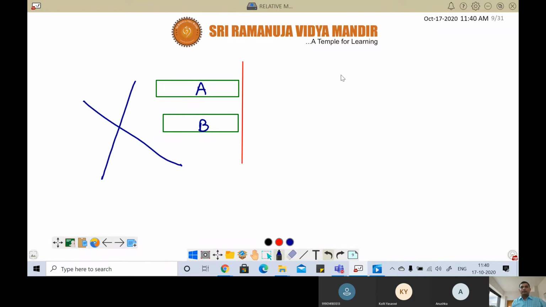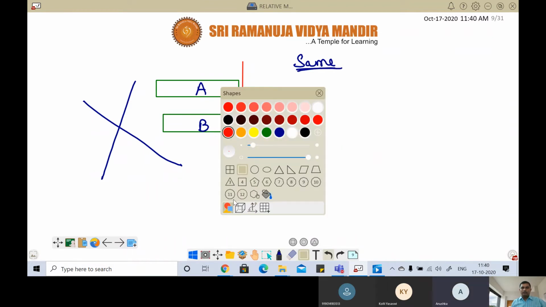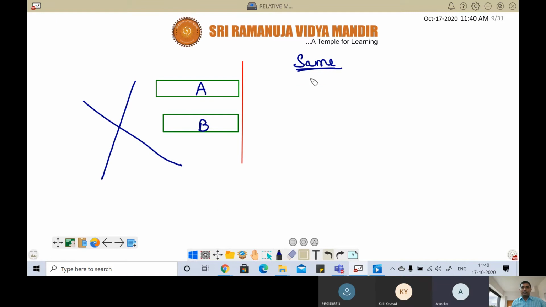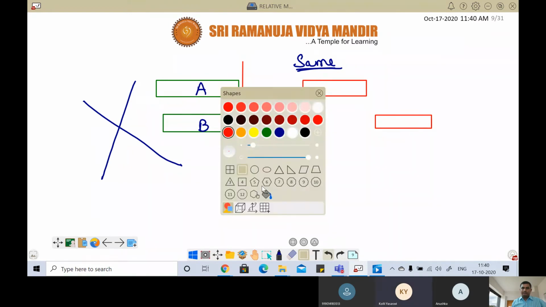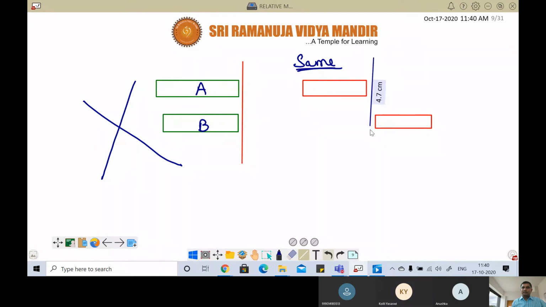Now if they're traveling in the same direction, how should we draw? You should draw in this manner. Depending on the speed, the faster one will be behind. Correct. Depending on that, you should definitely draw. So if speed is not mentioned? If speed is not mentioned, we cannot do it. They'll use some relation between the speeds.